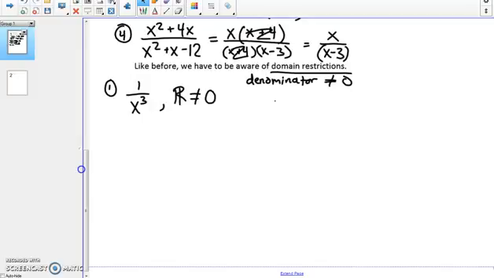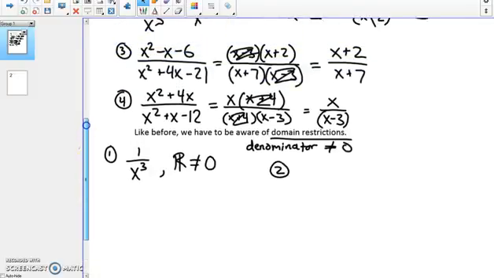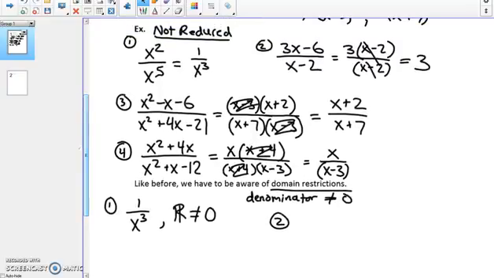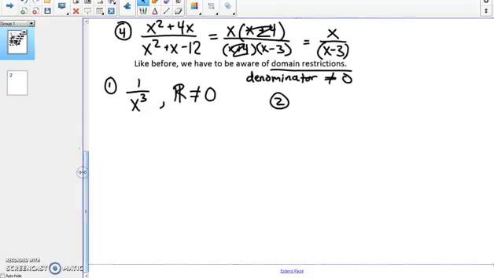Okay. Number 2 from above. We ended with, what was it? We ended with just 3, but I'm actually going to back up, and I'm going to use this piece that was 3 times x minus 2 over x minus 2. So right before we canceled out the x minus 2's, that's what I'm going to use. When we talk about domain restrictions, you always must account for everything, even if it cancels. So I'm going to make a note on that here, that we